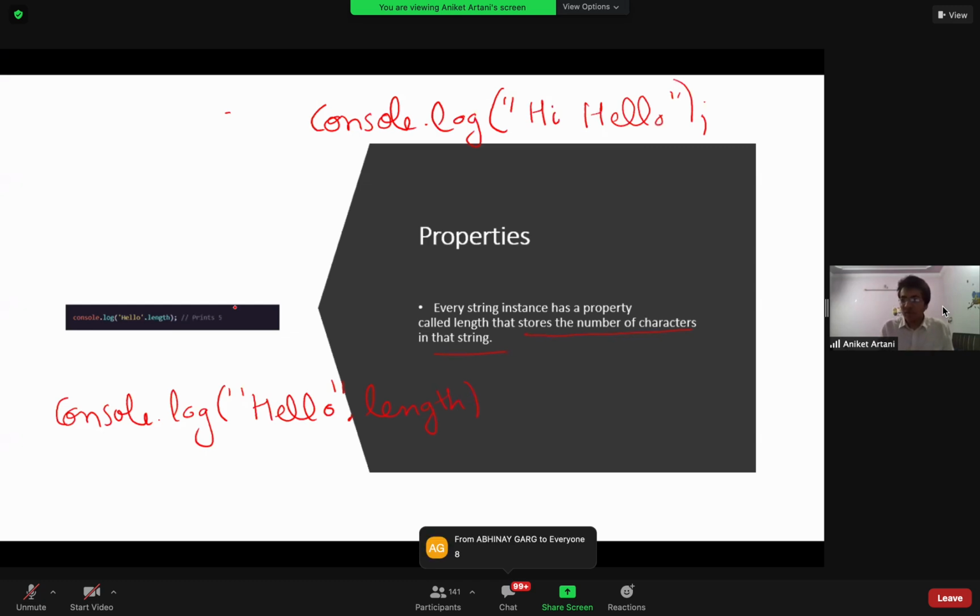Okay, everyone is responding 8. You all are quite smart. I think you would forget this space, but you all have counted. So yeah, all of you are correct. The length property also calculates the space between two words.